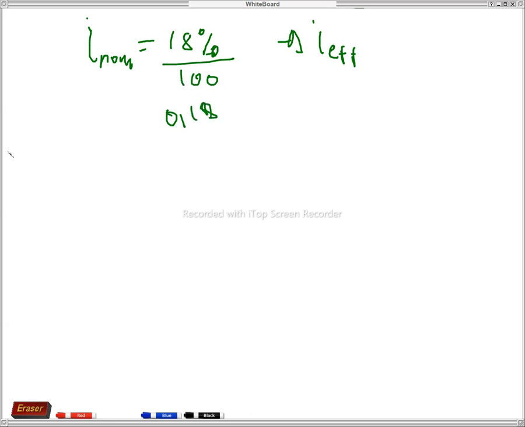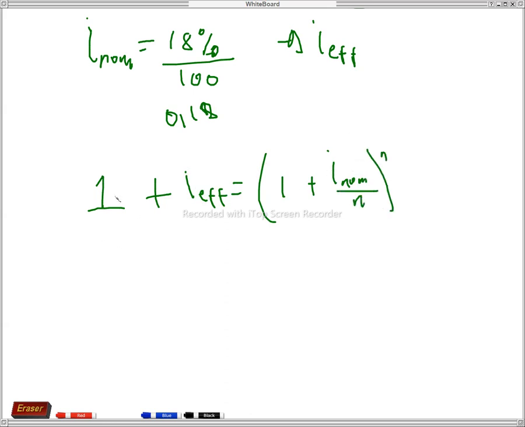So lastly, what we are going to do, we are just going to copy our equation. Our equation is going to be 1 plus I effective is equal to 1 plus I nominal over n to the exponent n. So therefore,